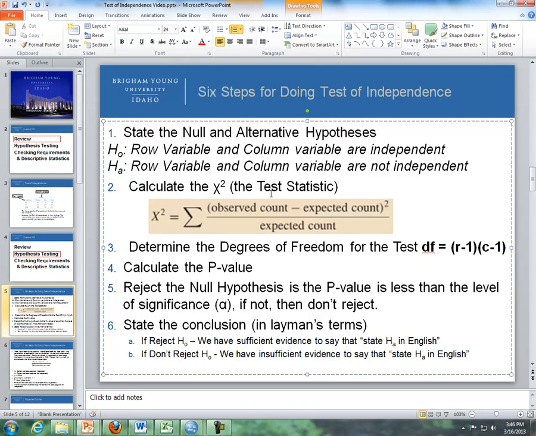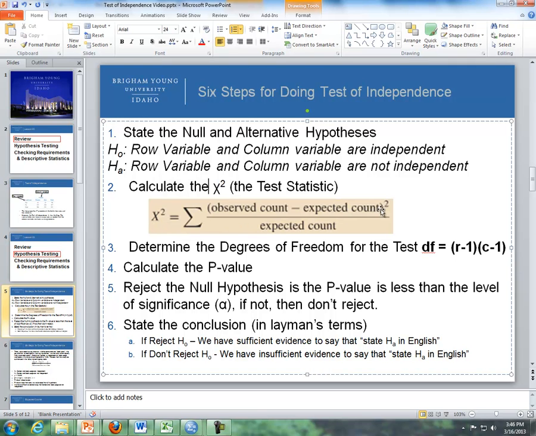So it's the chi-squared test statistic. And here's the formula for this. I don't want to dive too much into how that formula is calculated, but suffice to say I bring this up because if the observed count and the expected count in each of the cells have a wide margin, that's going to be a bigger number for this test statistic, and so we are going to reject the null